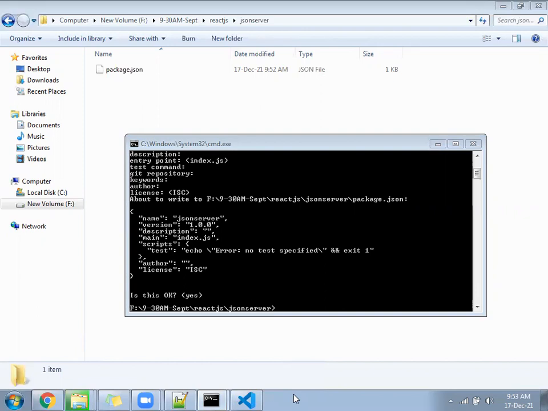Cool. Now in this JSON server folder, we will create one file, data.json.